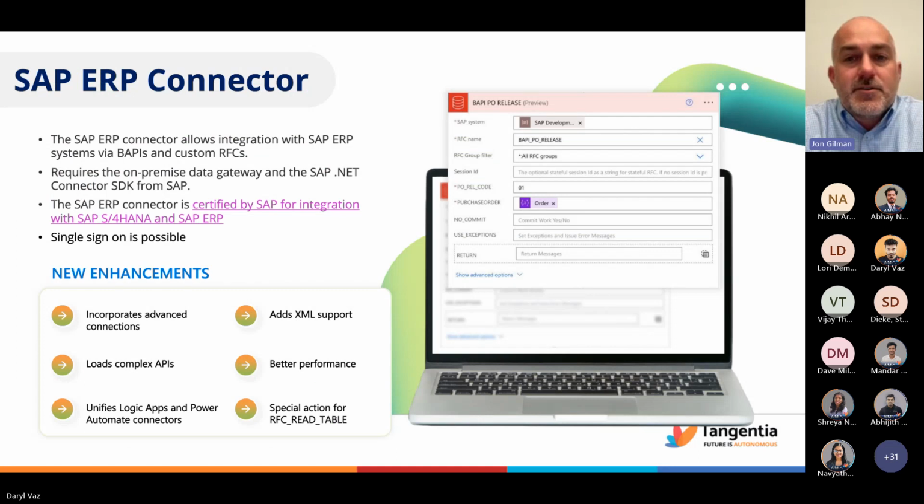Some other things we added in 2022 had to do with ease of use within the Power Automate Cloud Flow Builder. Just making it easier to integrate with SAP's APIs. We talked about on the template side that we're already giving you several dozen pre-built cloud flows out of the box, but they're also much easier to read now,